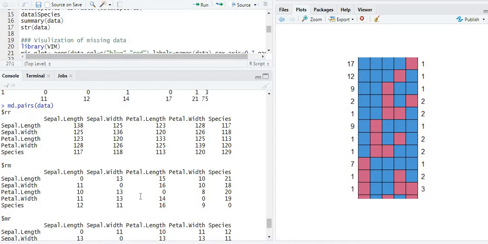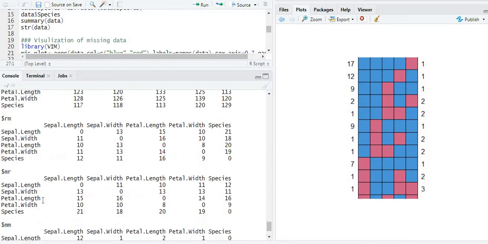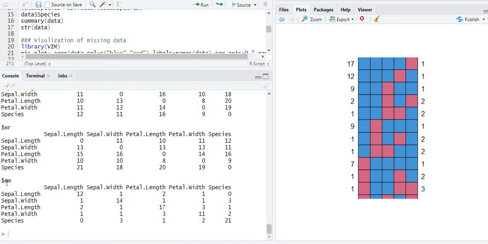So you can see here the sepal length and petal width combination has 13 missing values. The third table is for missing versus observed, and the last table is for missing versus missing.